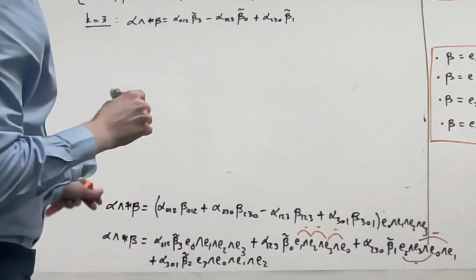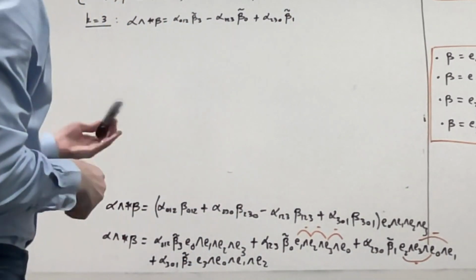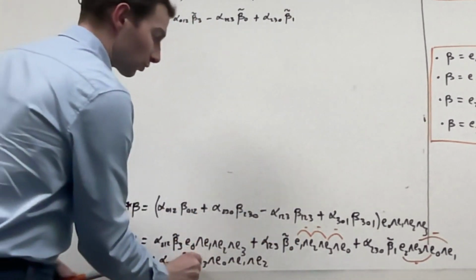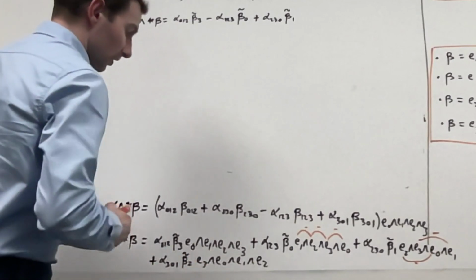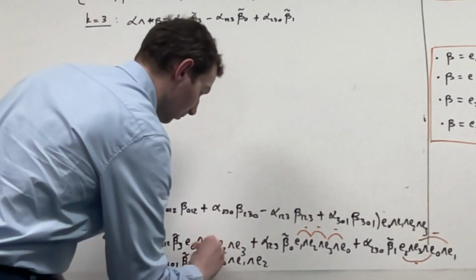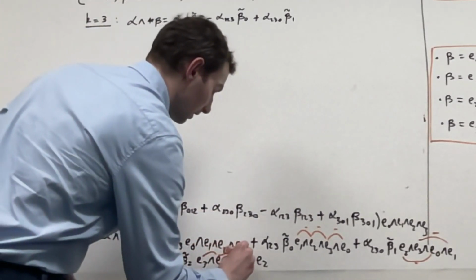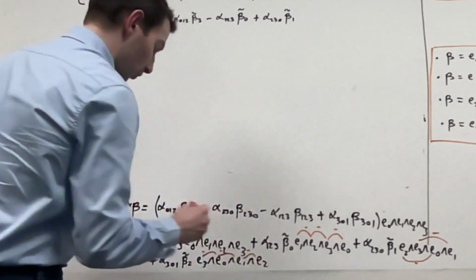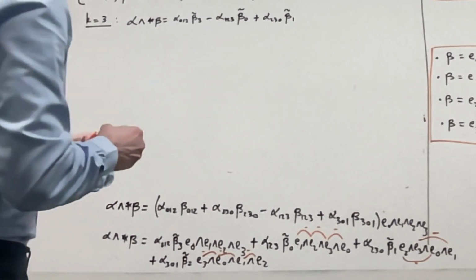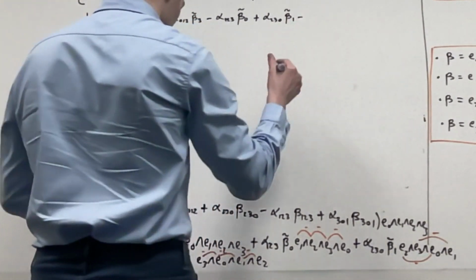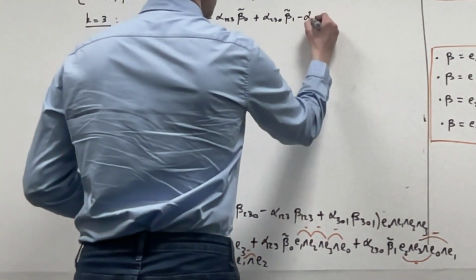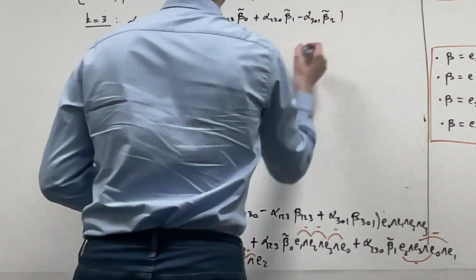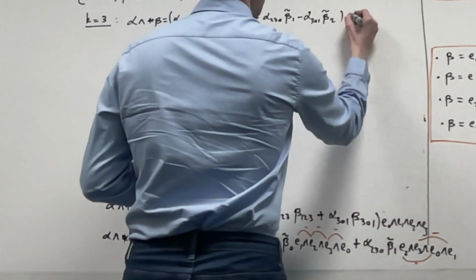And then here, I'm going to do the opposite of what we did here. I need to carry rightwards E3. And so the way I do that is via 1, and then 2, and then 3. And so I'm going to have a minus sign per operation of permutation. And so here I'm going to get minus alpha 3, 0, 1, sorry, and then beta tilde 2. And so I've got here E1,